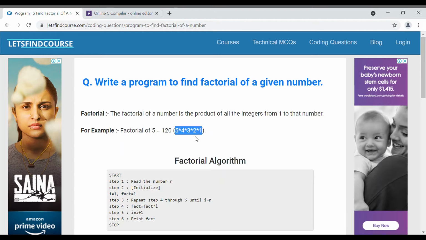And suppose it was asked to find the factorial of 7, then we have the multiplication 7, 6, 5, 4, 3, 2, 1. Okay, so from 1 till the number, the multiplication of all the digits is known as factorial. If the number is 10, then what is the factorial of 10? 10 into 9 into 8 into 7 into 6 into 5, and so on, means all the numbers from 1 to 10. The multiplication of all those numbers gives you the factorial. So I hope you understand the concept of factorial, right? The multiplication of all the numbers from 1 to that number is known as the factorial of a number.